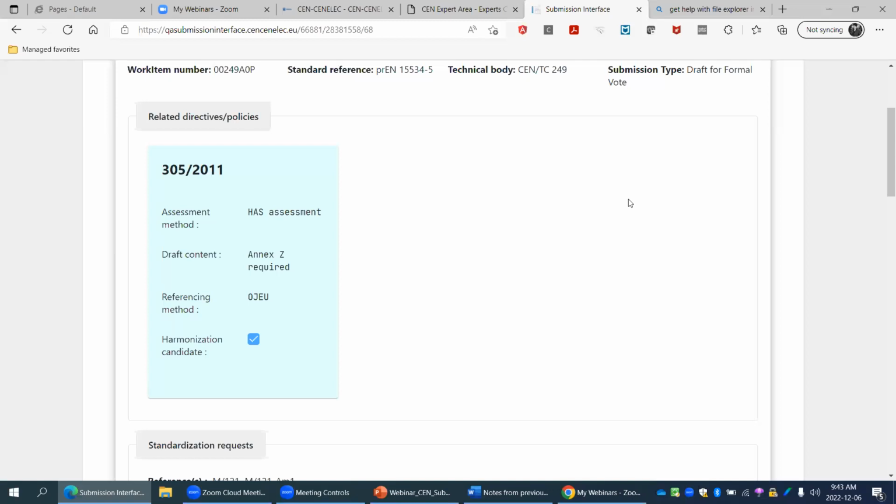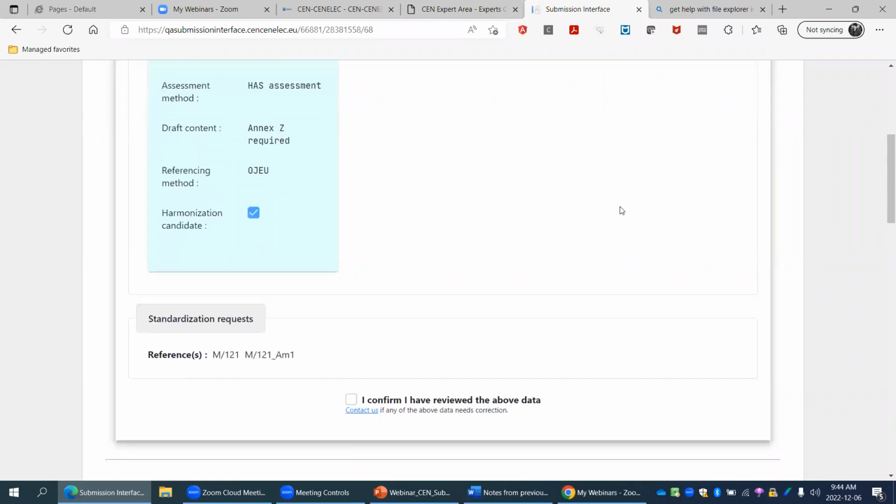Also, the referencing method: the typical new approach legislations are cited in the Official Journal, but we have a vast list of possibilities in the system, and this is often also one of the challenges dealing with the documents and the required needs for Annex Z or not. If you scroll down,